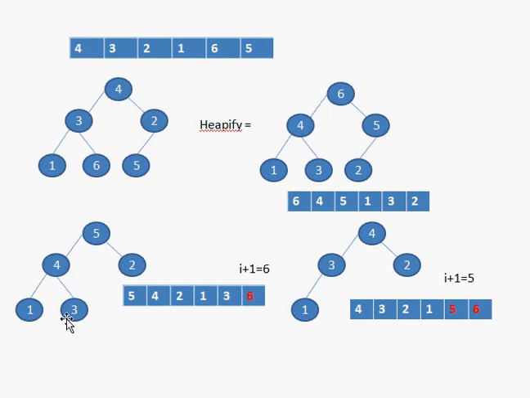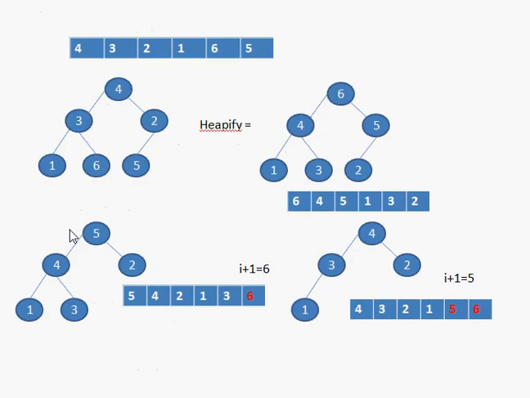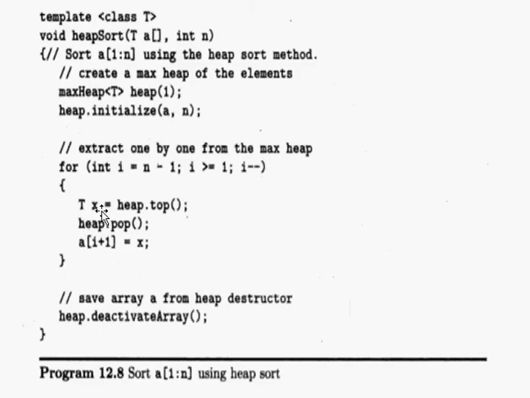Next again we need to perform the delete operation. We need to grab the top element and perform the delete operation. Now the value of i has decremented. I was 5 first, now i becomes 4. Now x becomes heap.top of this tree. The top element is 5 and the top element is removed. After removing the top element, we get the complete binary tree restructured in this form. So this is your complete binary tree with 4 elements. Now 5 is deleted. Before deleting, 5 is stored in the variable x. So now you have x as 5.